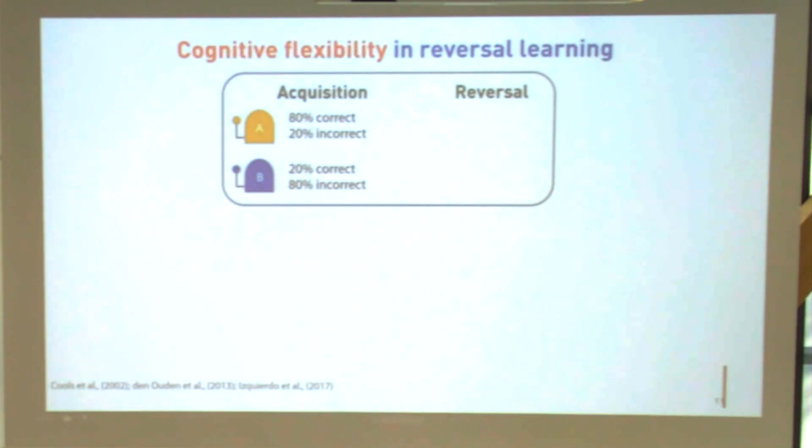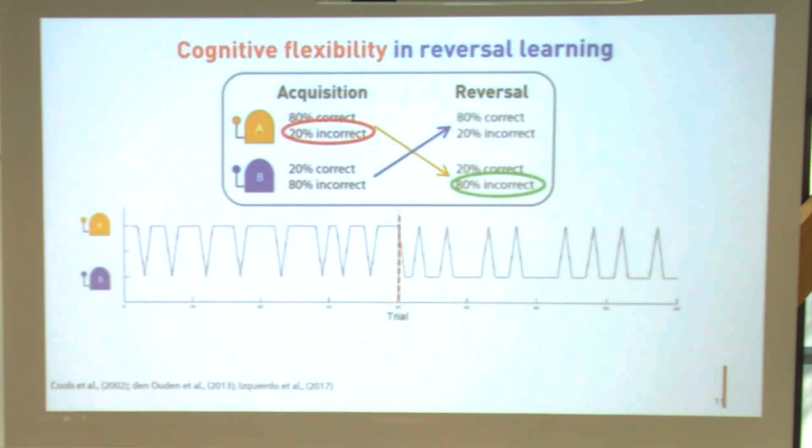So to investigate the flexible learning behavior in autism, we just use a task like this. There's the 80-20 phase and then also the reversal 20-80 phase. And if we want to look at the time theory of a task like this, we could imagine we are asking the individuals to work out the task repeatedly. So there are multiple trials, 80 repetitions. In the first half, the yellow one is the better one, and then in the second half, the blue one is the better one. This change is unannounced to the individuals, as I told you. So we didn't tell the participants there's a change. They have to find out by learning, by acting, and receiving the feedback.